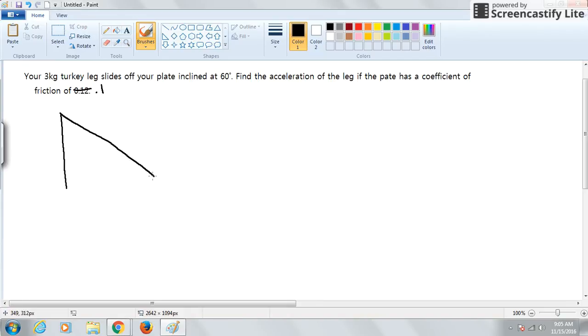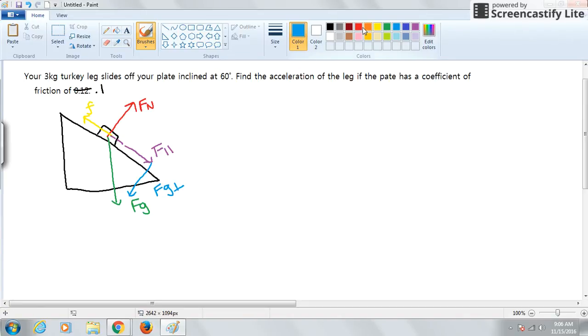So this incline represents your plate. This little square represents the turkey leg. Now we know that the weight points straight down. We know that the normal force is perpendicular to the surface. And we know because there's a coefficient of friction that there's going to be some sort of frictional force. Now, we also know that there is a parallel component of the weight, and there should be a perpendicular component